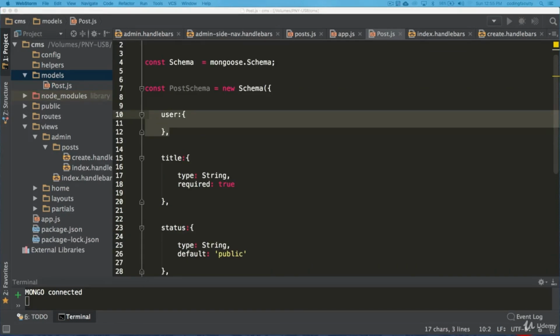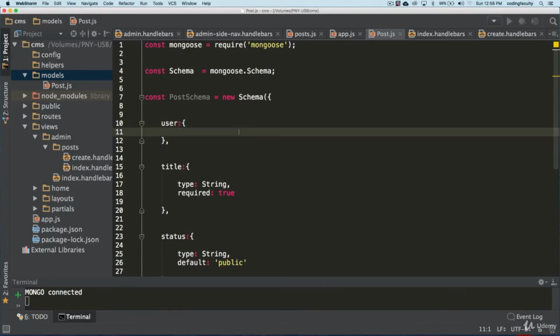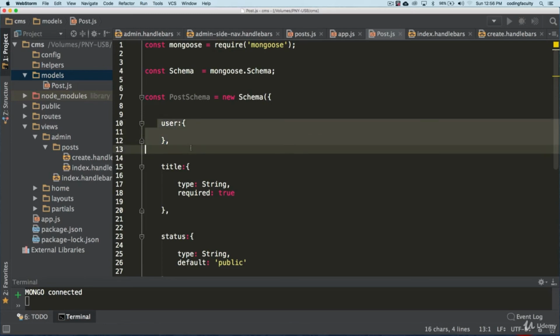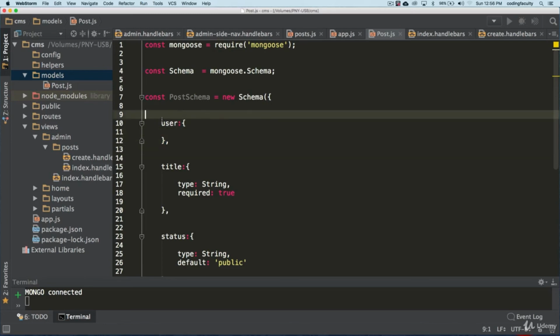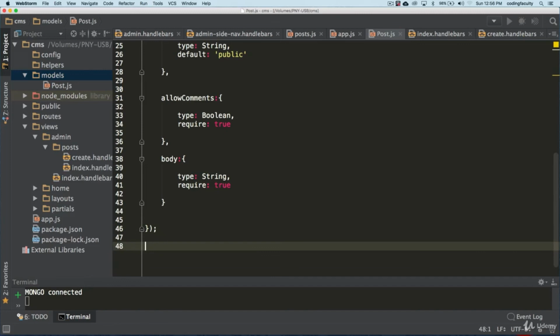Welcome back, my dear students. So on the last lecture, we were almost done with this schema. There's one more thing that we need to do, and I'm gonna do that before I get into explaining about this relationship. Now, I'm gonna dedicate a couple lectures explaining about relationships, but we're not gonna get into that right now. I'm just gonna explain a little bit about relationships, okay? But before we do that, let's actually export this guy out.